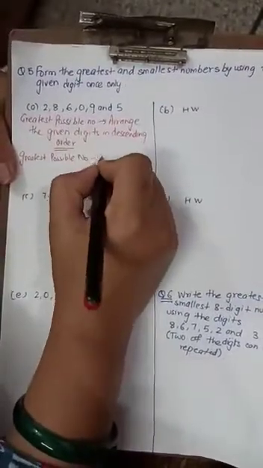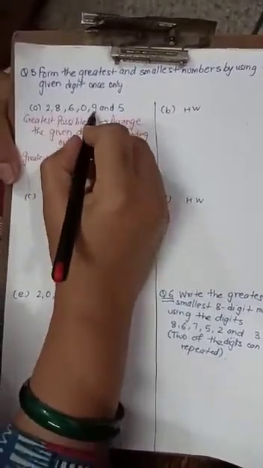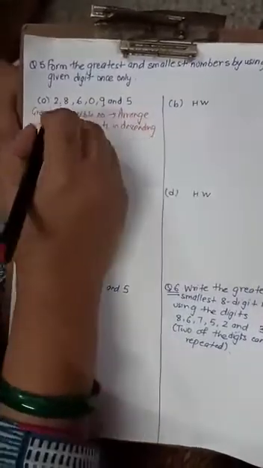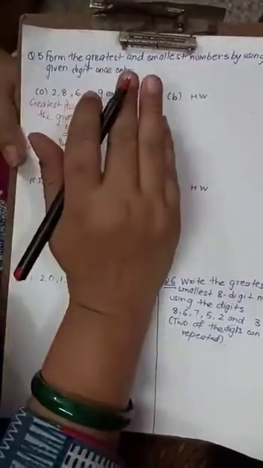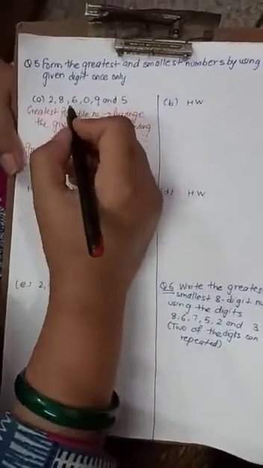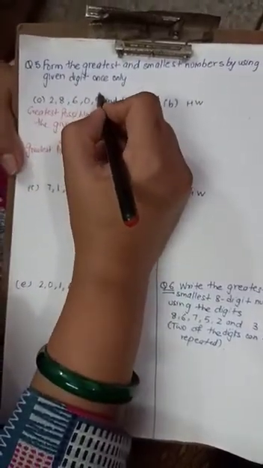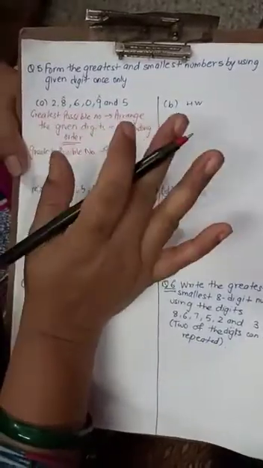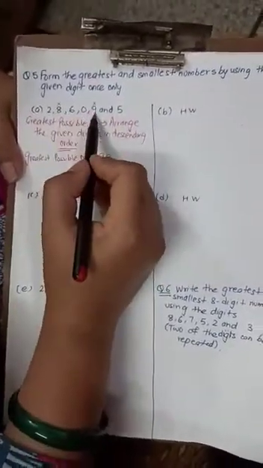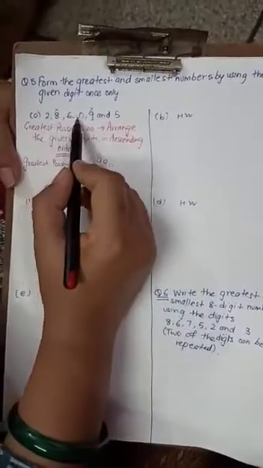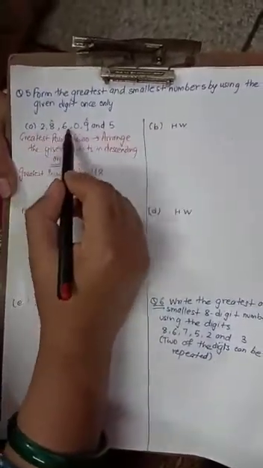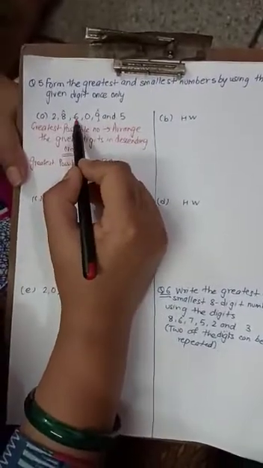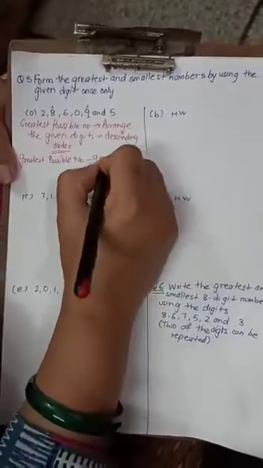9. So I'll write 9. Then what is smaller than 9 over here? 8. Then, and for you, because you are the beginners, what you can do is with a pencil you can put a small cross on these numbers, which will show you that you have used these numbers, right? So this is 9, 8. Now from the remaining digits, see which one is smaller than 8. Now the next number smaller than 8 is 6. So I'll write here 6.